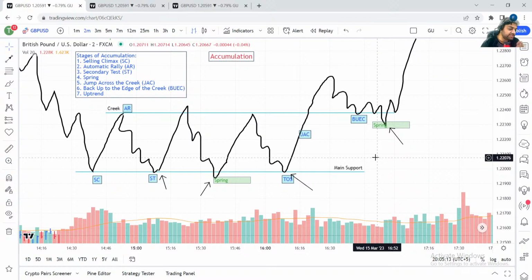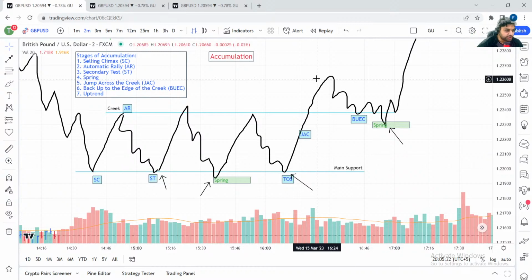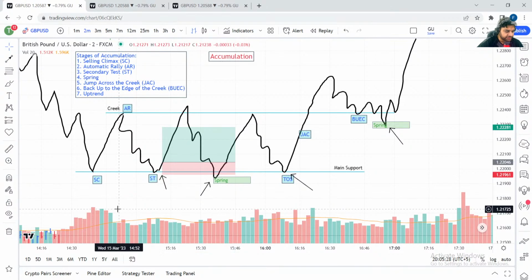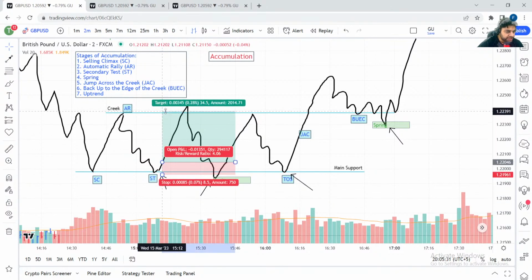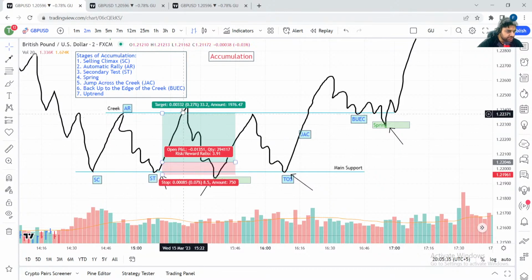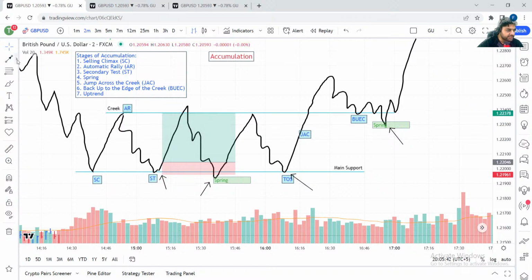And guys, you can see that there are so many opportunities to buy. What should you do? You should start over here. You should buy over here, okay? Put your stop loss over here, put your TP maybe around this level. When the market reaches this level, you should exit most of your trade, maybe 90% of the trade. Why? Because the market might come down for another test.